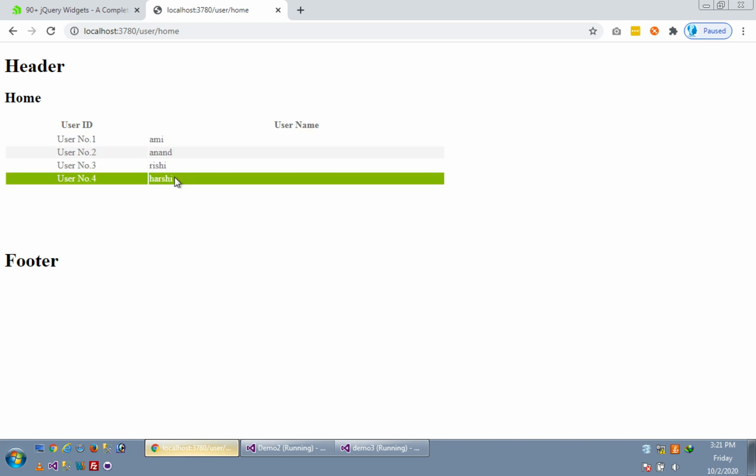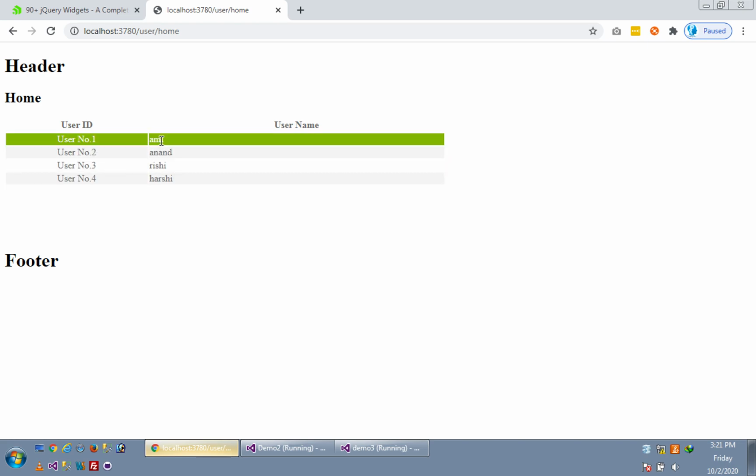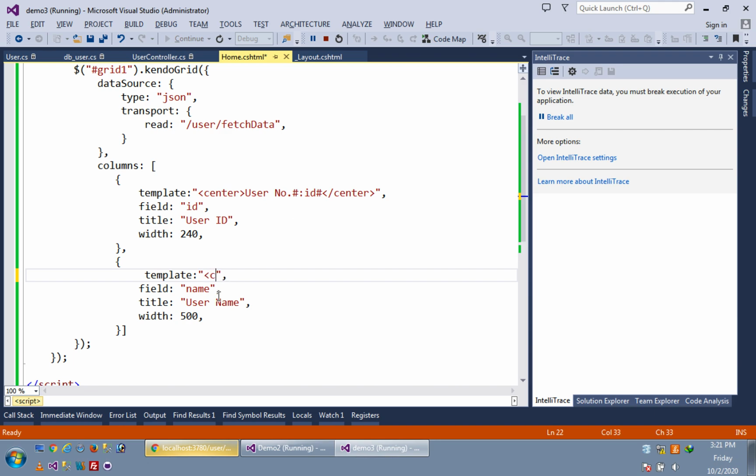Same way you can format this username by using template column double quotes comma, and suppose you want it in the center and in uppercase. So for the center, uppercase, there is a tag for uppercase, I don't remember. Okay, suppose you want it in the H1, center, and here name.